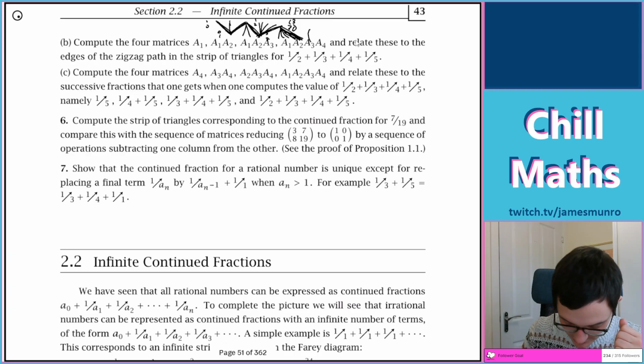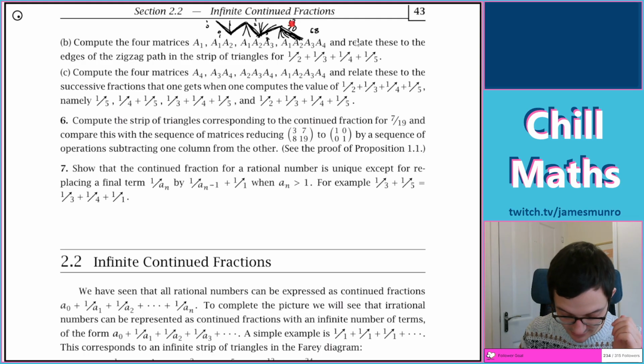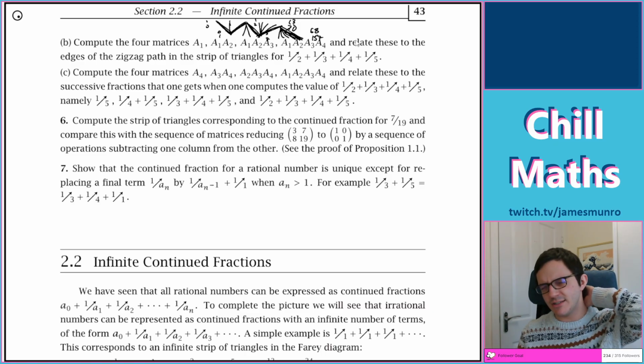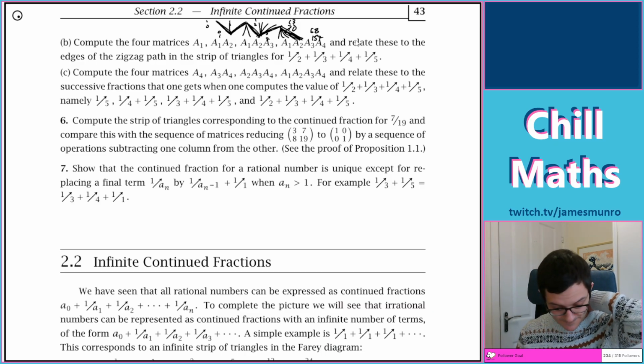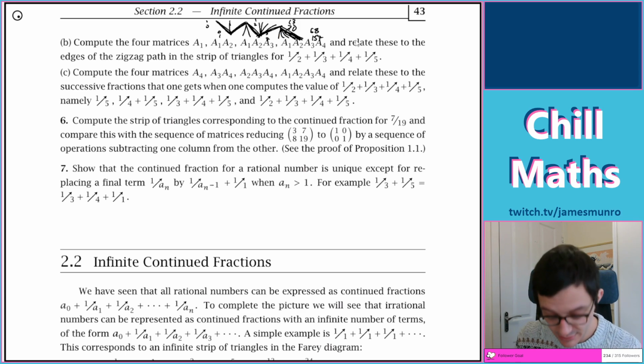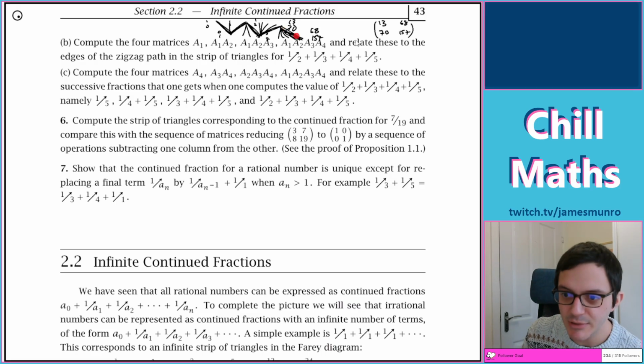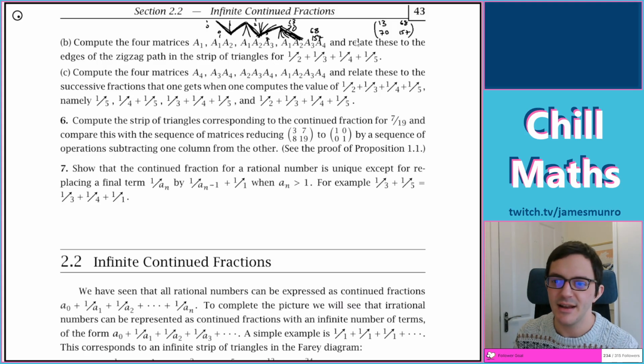So solid line to take me to, finally, think of this maybe as a vector or maybe it's a fraction. Over here, 5 of these, so 65 and 3 is 68, and 30 downstairs, 157. So the median rule definitely does the same thing as the matrices. The edges of the zigzag path, right? So these solid edges give me the fractions, and the lines kind of represent. So we've got matrices like this, and that's kind of a line between these, is how I'm thinking of it. Anyway,